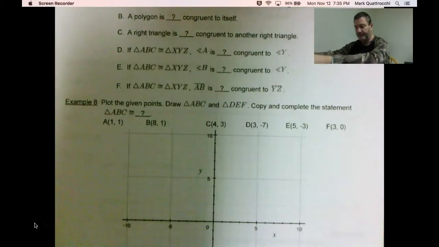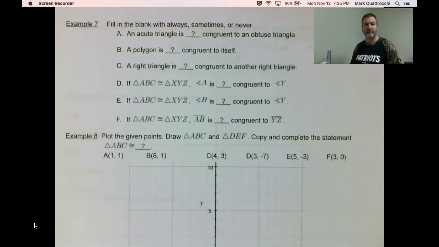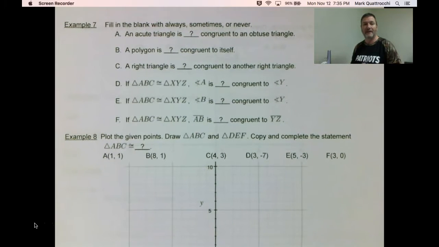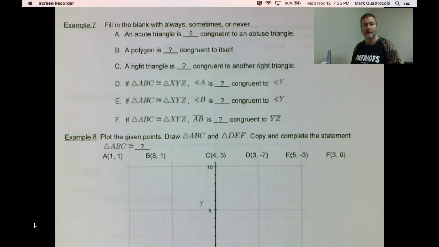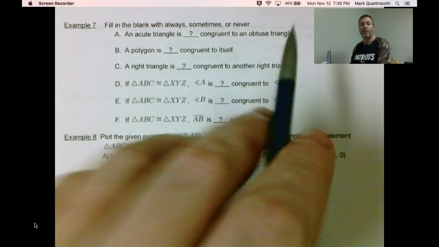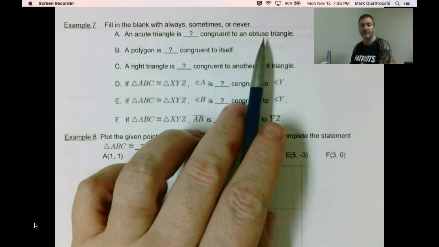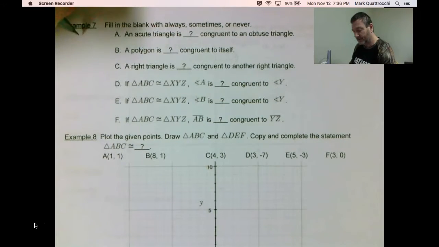That was example 6. Example 7 is some always, sometimes, and never statements. Fill in the blanks with always, sometimes, or never. An acute triangle is always, sometimes, or never congruent to an obtuse triangle. Well, all three pairs of corresponding angles must be congruent, and all three angles in an acute triangle are acute, while exactly one angle in an obtuse triangle is obtuse, so they are never